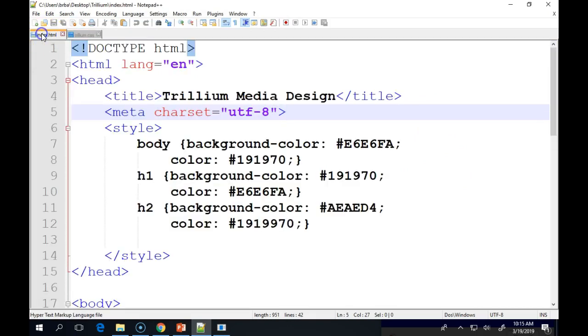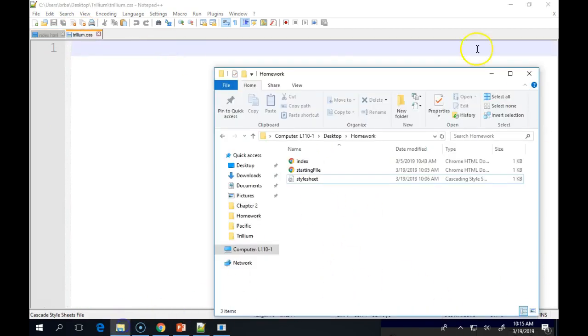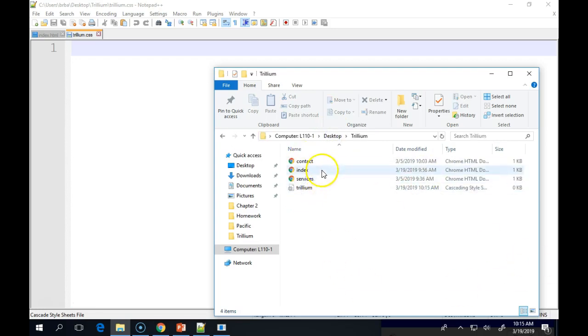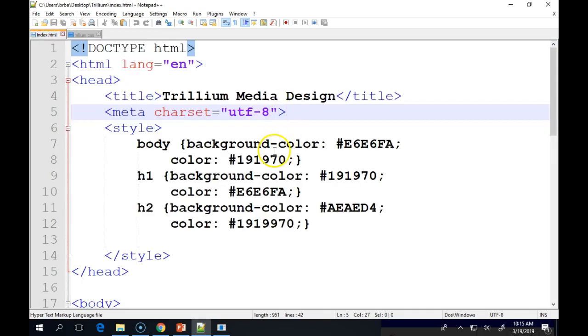So we now have two tabs open in Notepad. We have our index page, and we have a blank style sheet. If we look at this in the folder view, we have our 3 HTML files and our 1 style sheet inside here. Right now our style sheet is blank and the pages don't know that it exists, so that's what we have to fix. So what we're going to do is go back to our index page,